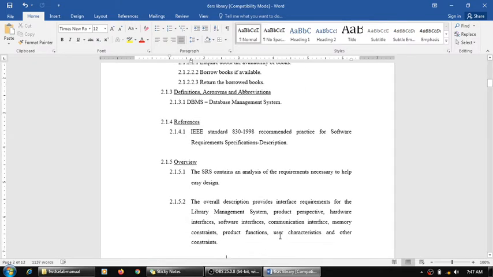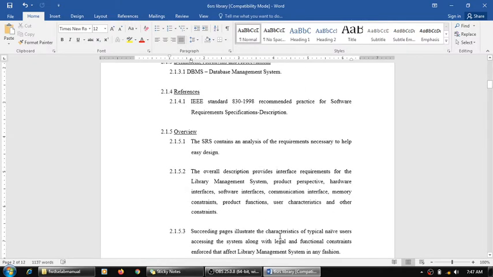Overview. The SRS contains an analysis of the requirements necessary to help easy design, right? The overall description provides interface requirements for the library management system: product perspective, hardware interfaces, software interfaces, communication interface if required, not mandatory, memory constraints, product functions, user characteristics and any other constraints if applicable.